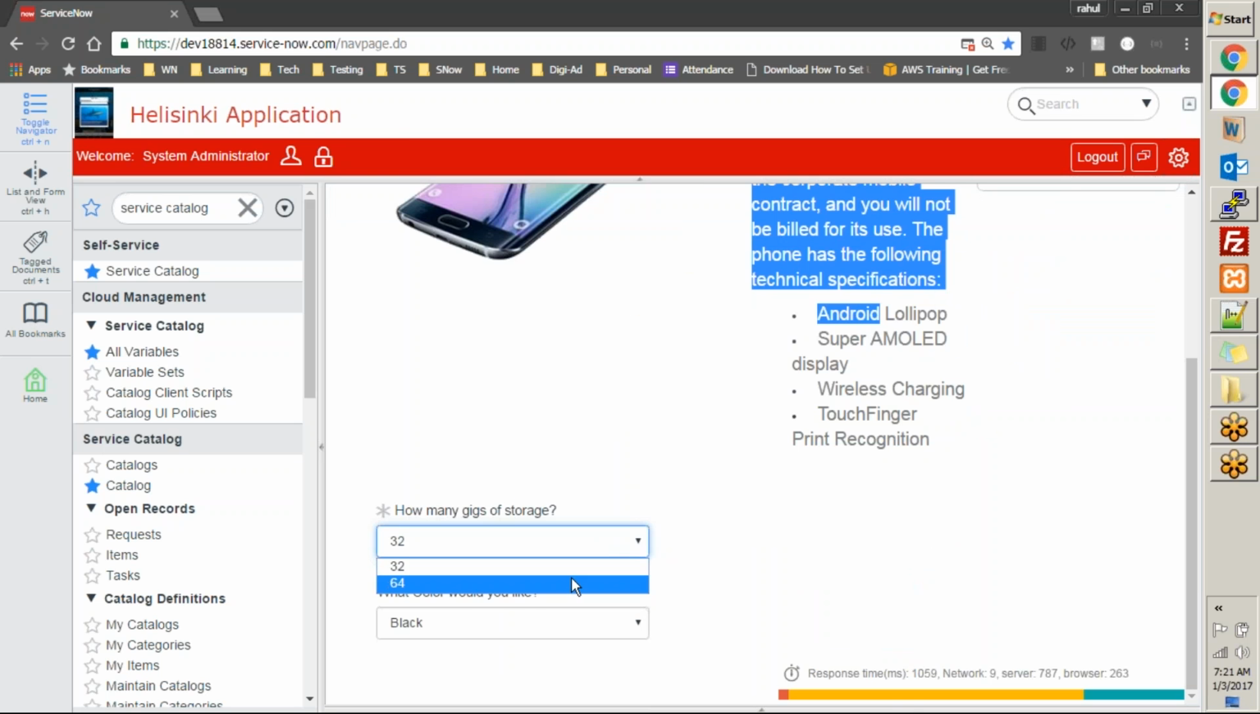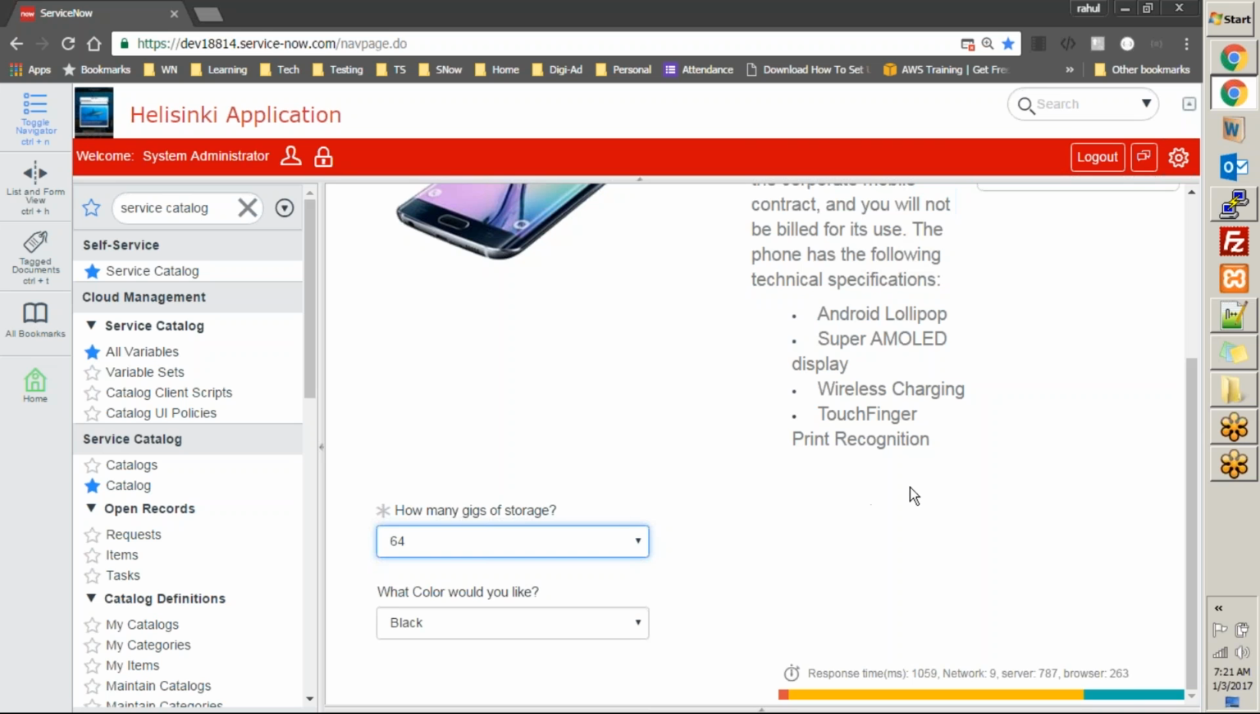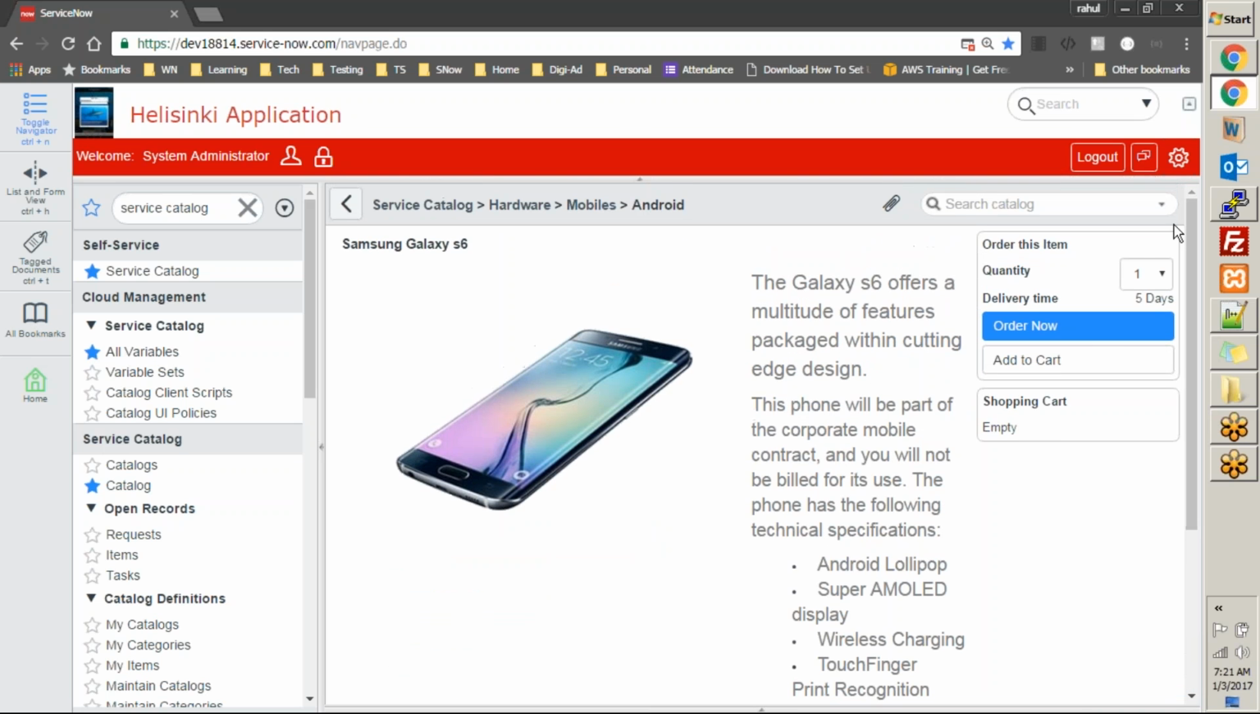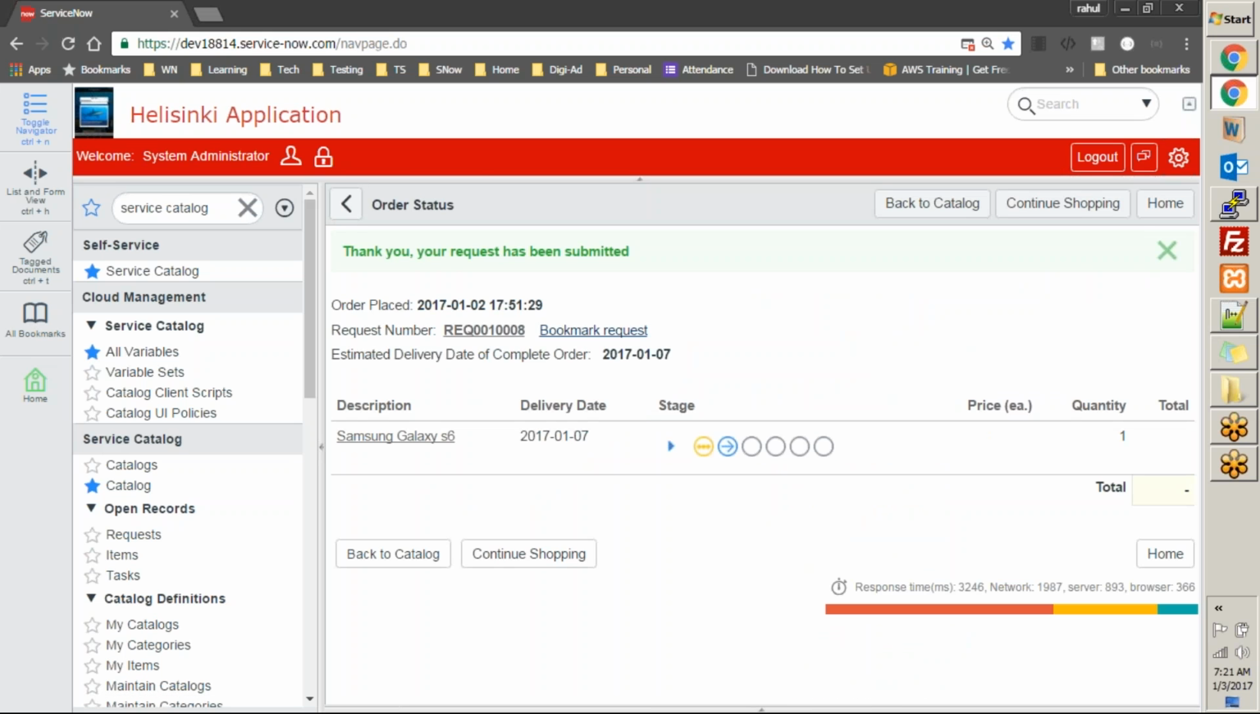So I'll go for 64 gigabytes of storage, and I'll choose black as color. And then I'll have to choose the quantity. I want to get one phone for myself. So I choose quantity as one, and then I'll do order now. When I do order now, so this was a very simple one-step process. When I do order now, this order was placed and a request number was generated for me,